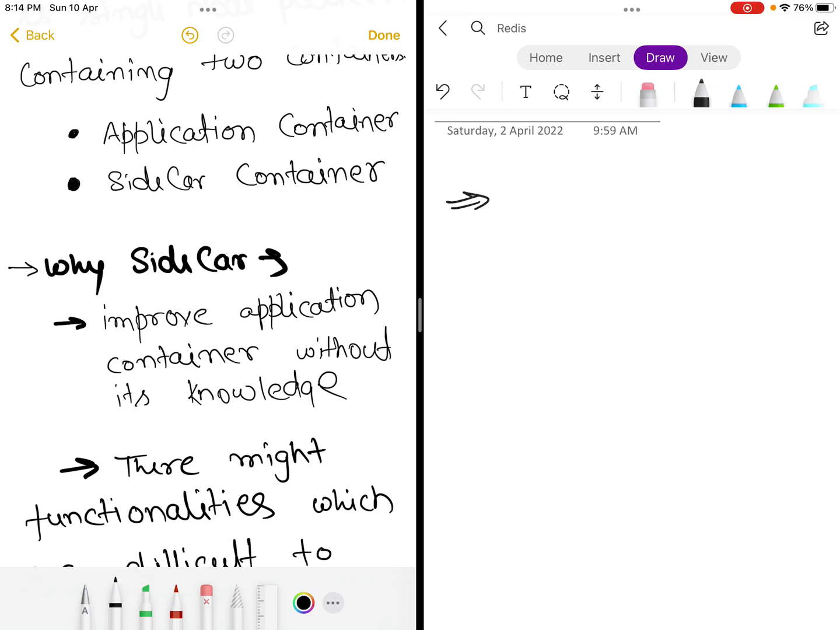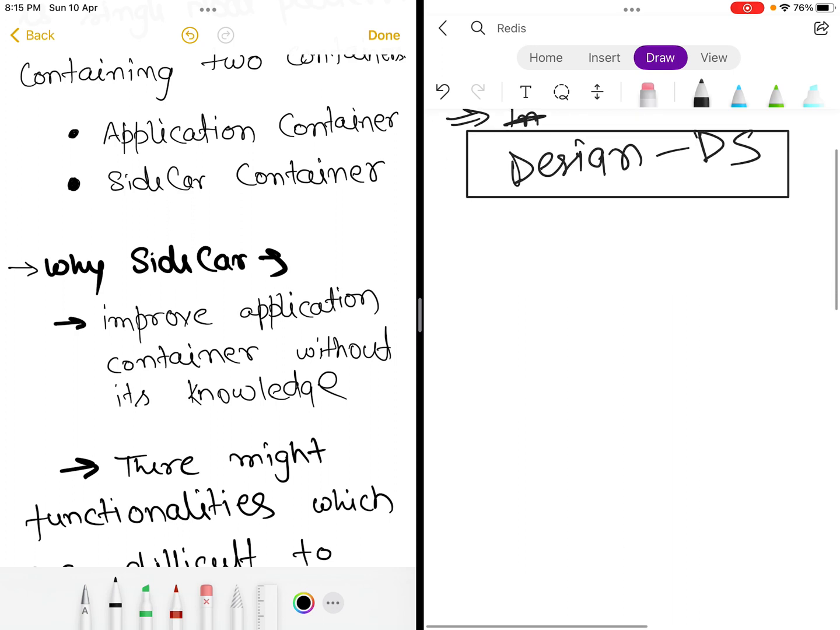Hello, in this lecture series we are going to talk about design patterns which are very specific to distributed systems. So in this one we will be discussing several design patterns related to distributed systems. First we will be discussing single node